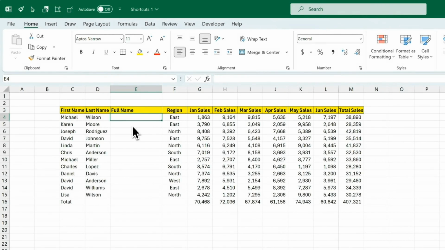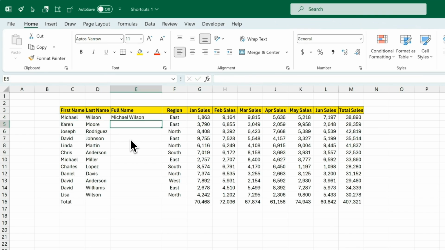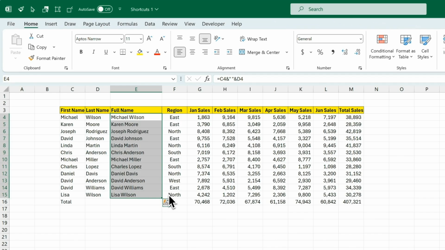For this shortcut, I'm going to use a formula to create the full name and copy it down, then replace the formulas with values. First the formula, equals, first name, ampersand, double quotes, space, double quotes, ampersand, last name, hit enter. Then I'll fill this down, press Ctrl D to fill down, and now to convert all of these formulas